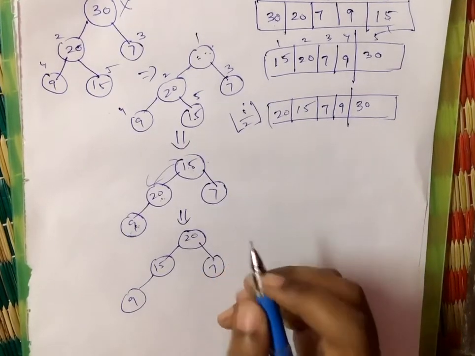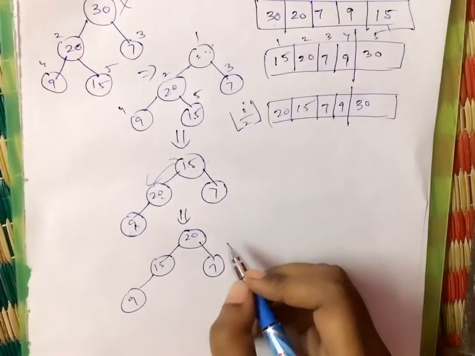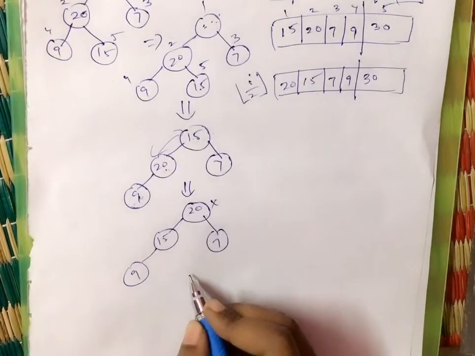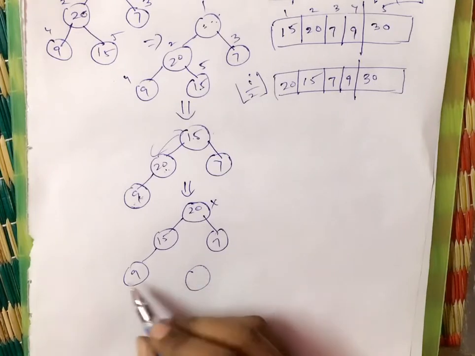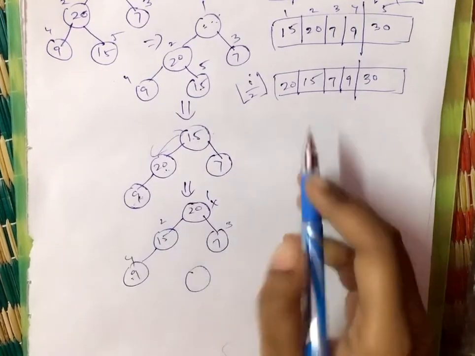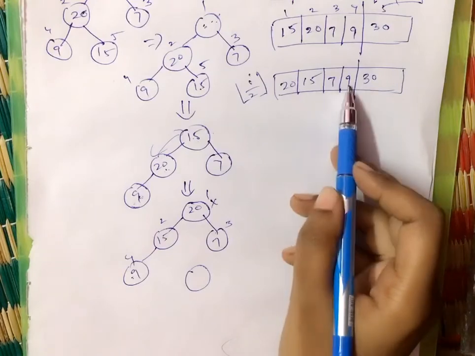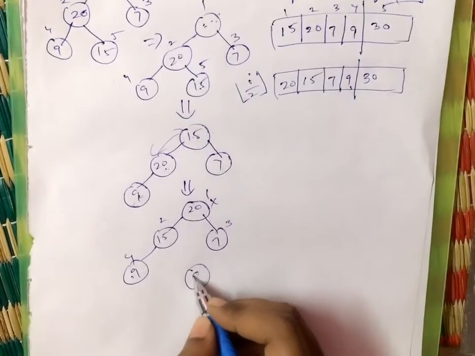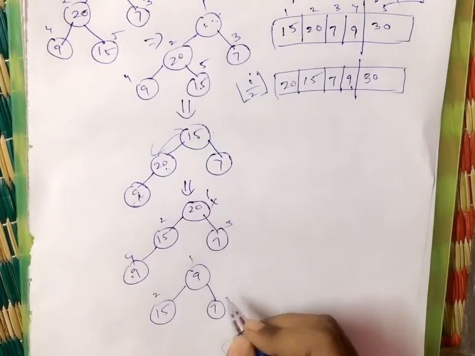We have to check each and every condition. Only the largest element of this graph must be deleted. The largest element is now 20, so I will delete 20. What will be here after deleting? Here we will put the last element of this array, 1, 2, 3 and 4. That is the last element of this array. So 20 will occupy the position of 4 and 9 will occupy the position of 20. So 9, 15 and 7 will be 1, 2 and 3.